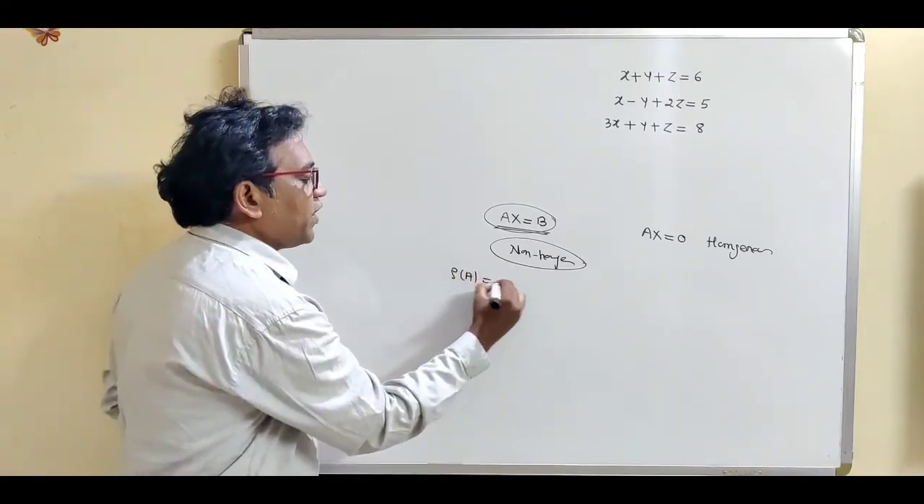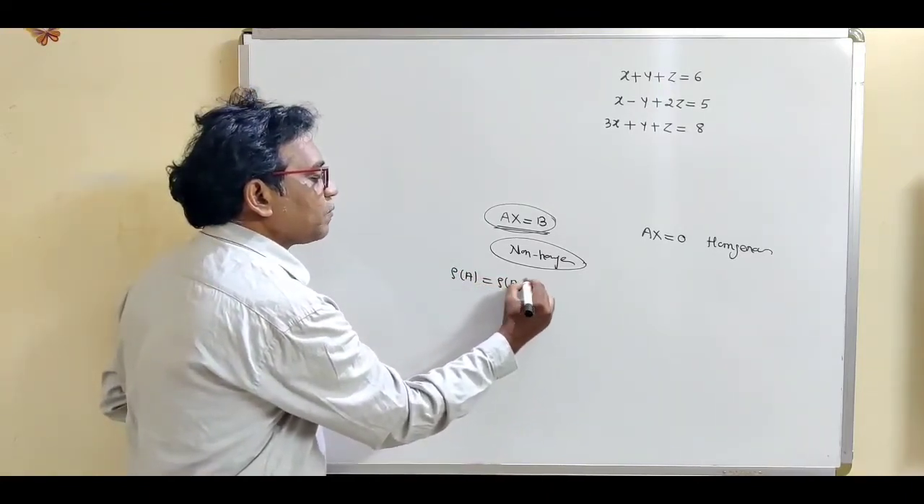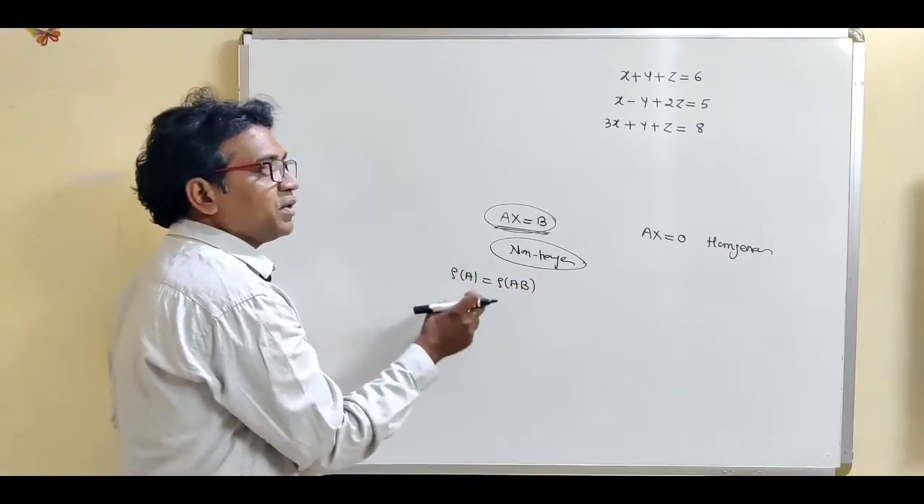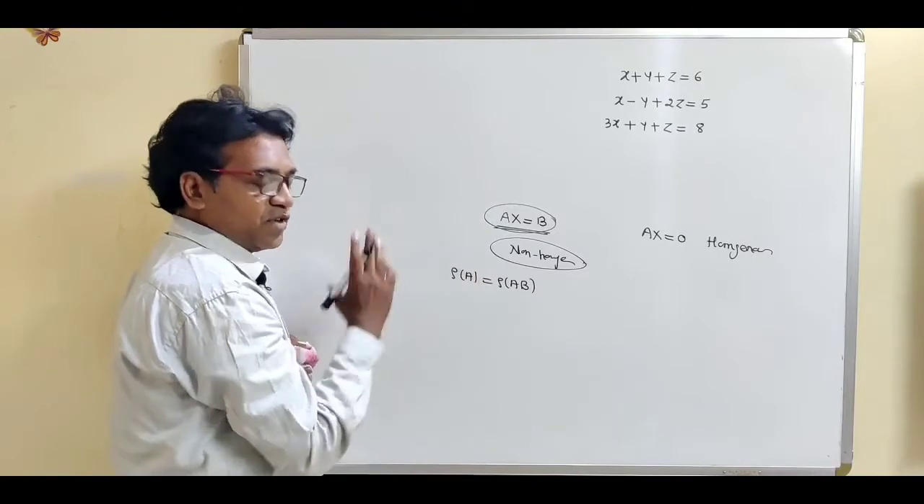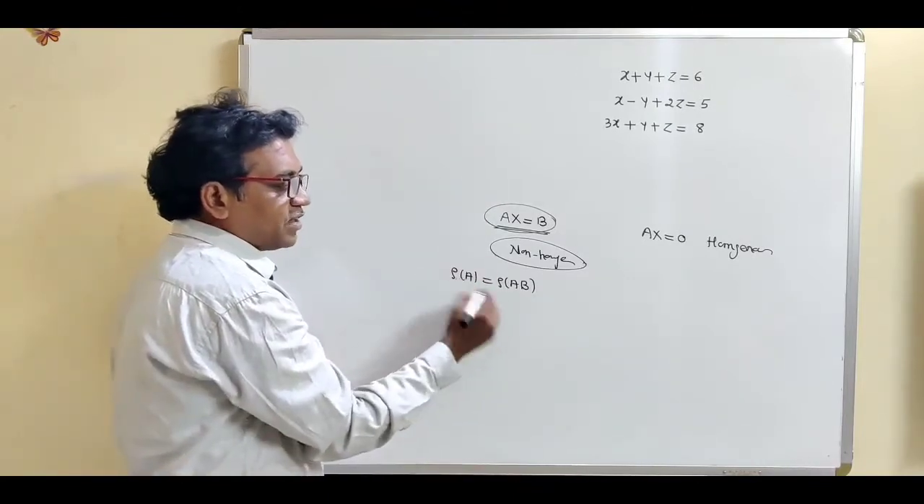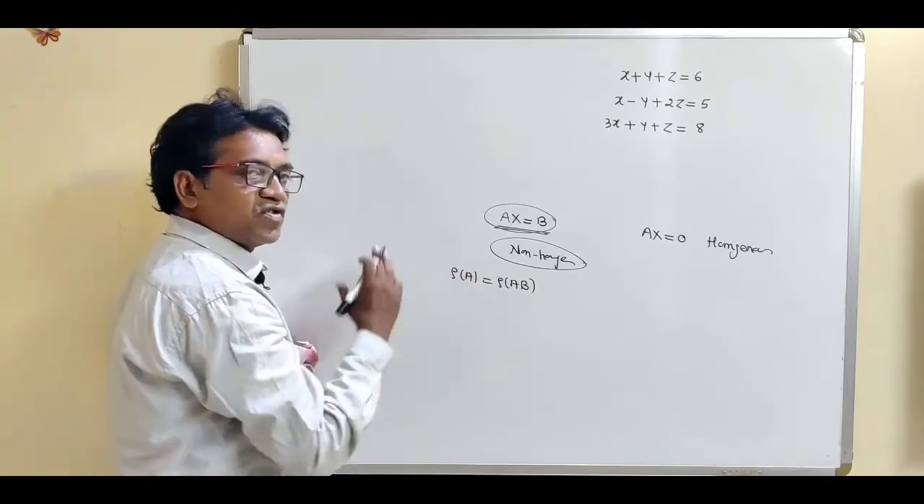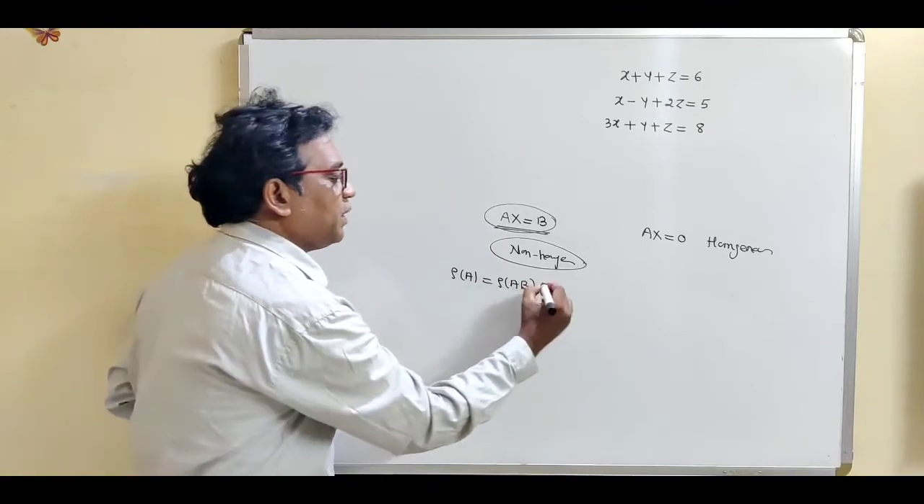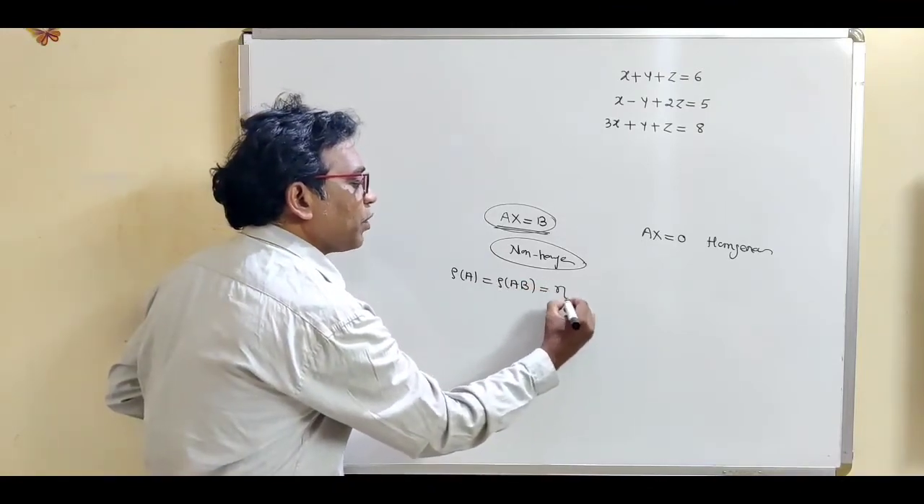If rank of A equals rank of AB, first of all we have to show that the system is a consistent system of equations. If the system of linear equations is consistent, then and only then can we solve it. So if rank of A equals rank of AB, and suppose this is equal to the number of unknowns,